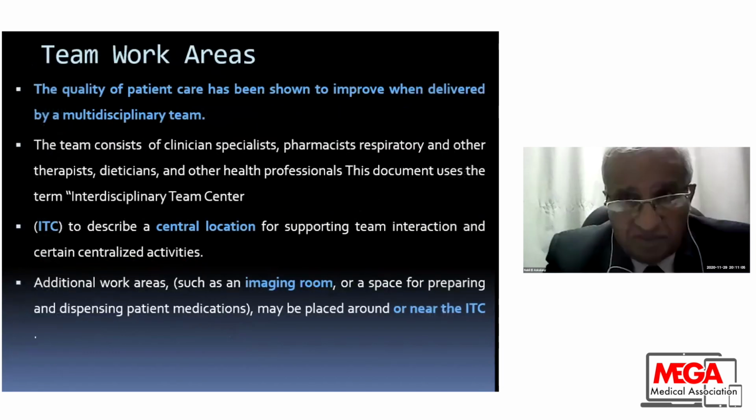Teamwork areas, as I said, it's multidisciplinary teamwork. The quality of patient care has been shown to improve when delivered by a multidisciplinary team. The team consists of clinicians, specialists, pharmacists, respiratory therapists, dietitians, and other health professionals. This document uses the term interdisciplinary team center, and they have a site inside the intensive care unit.